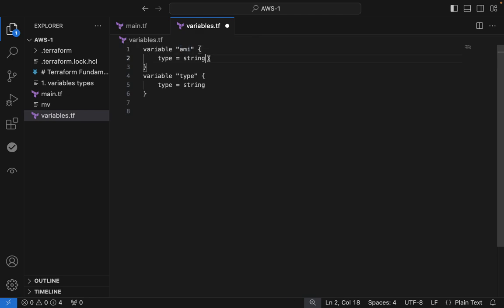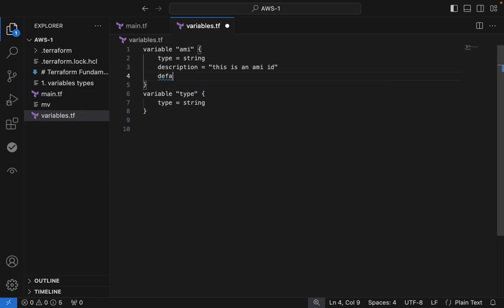Inside the block we have some parameters, like what type the variable is, and a description, a small description about what the variable is for and why we use this variable. So a small description about the variable and AMI ID,